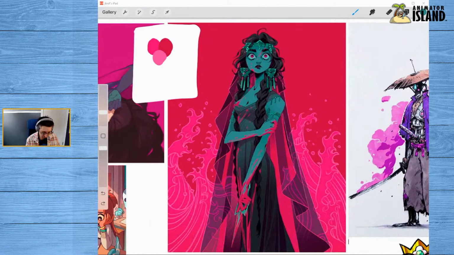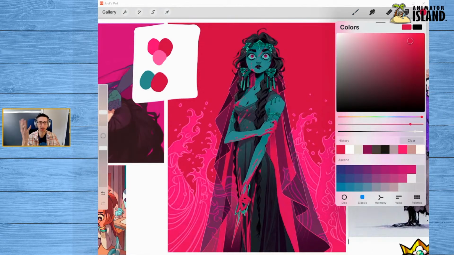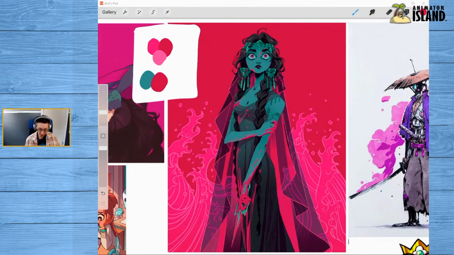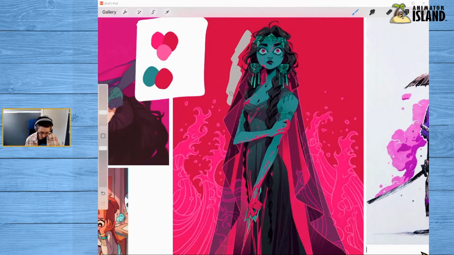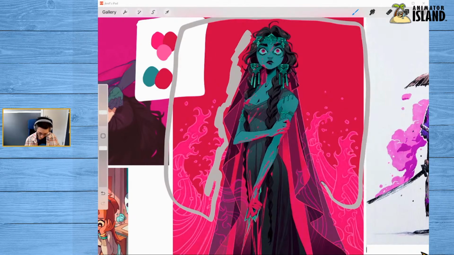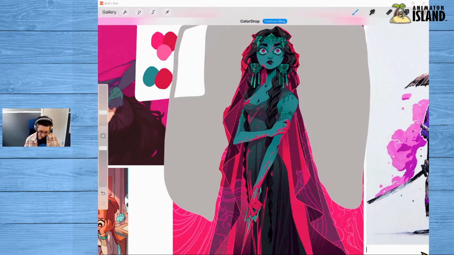Now, the last thing I'll say about this piece, because we're going to keep going, we've got a lot of pieces to go through, is the beautiful choice that this artist made to have such drama with the skin tone. It's a very dramatic skin tone. It's a very dramatic background color. If the artist had instead chosen to use, we'll go even back to this gray, if the artist had chosen to use not this bright red background, it would change the piece pretty dramatically. Let me just do that real quick so we can see how it changes the piece. It won't be perfect because I'm not going to go into every little nook and cranny, but here we go.